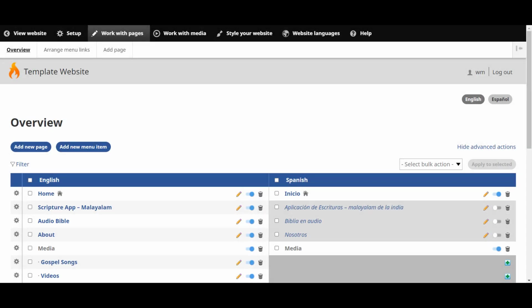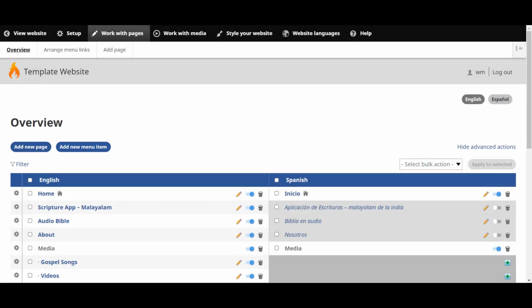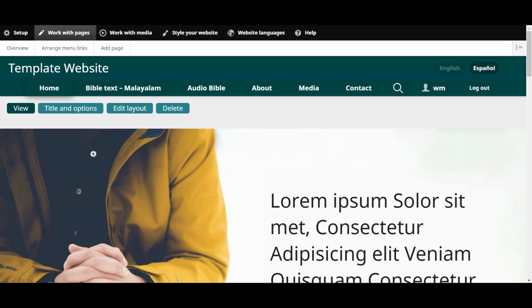First, let's look at Add New Menu Item. To structure and organize your website menu, you may find it helpful to have one or more menu items without associated pages. This allows you to group several pages into one category. The menu item, which is the category, doesn't need a page, it is merely a placeholder in the menu. You may save space on the top menu level, and it looks neater and is easier for the website visitor